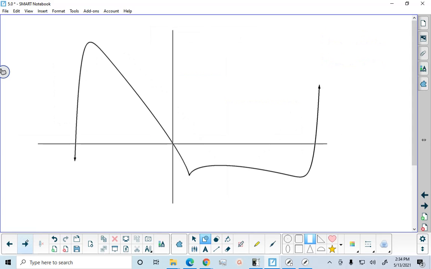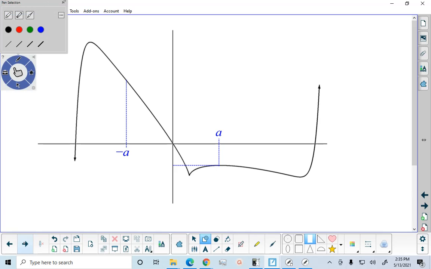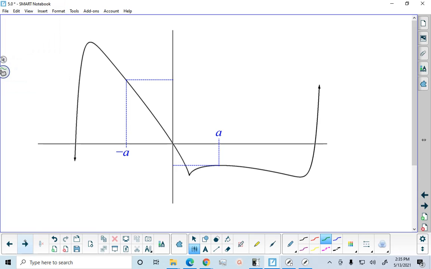Take a look at another one. This is this wacky graph. Pick an a coordinate. That represents f of a. Pick the negative of that. Again, I hope you get this, but I would rather be overly repetitive to make sure you get it. Those two distances are equal. That represents the location vertically of f of negative a, which means